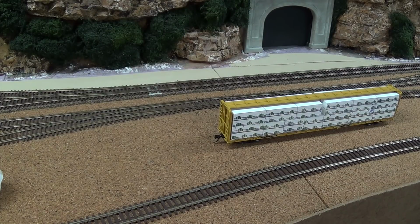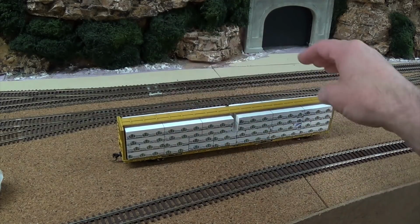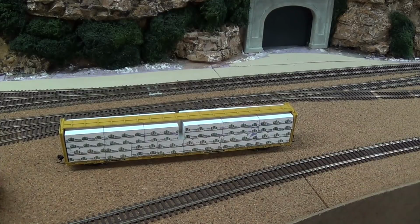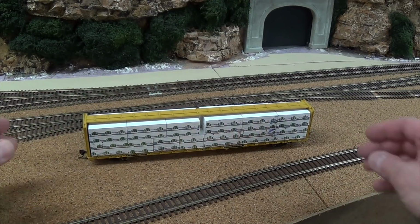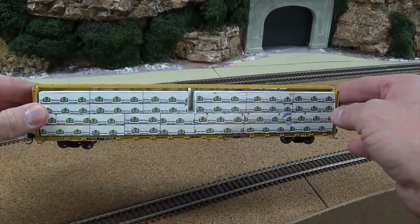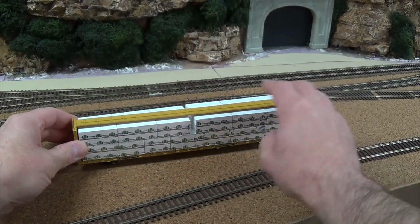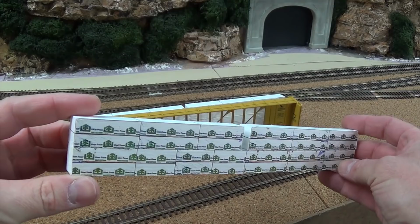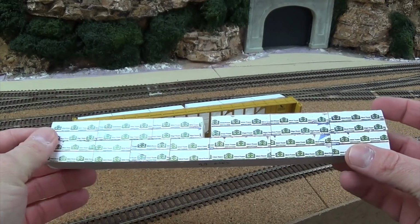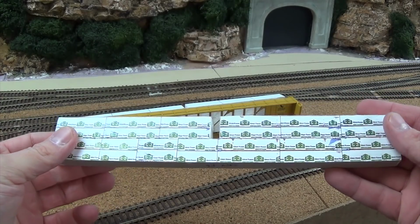I also want to give a shout out to my buddy Jimmy Samsela. He recommended these lumber loads here on eBay. There's an eBay seller that makes these, bunch of different kinds. But man, look at that. They're really awesome looking. Now, all it is is a solid piece of wood. He does have the wrapping put on it,